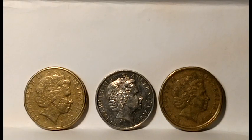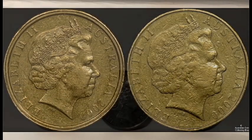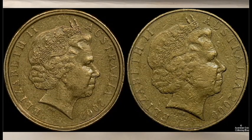Now if you look closely at the standard $1 coin, which is on the left, you will notice that that is as it should be, but the one on the right has a double ring around. Now this was caused by a mint worker using the die of the 10-cent coin, which is slightly smaller, by mistake. So here's a photo just to show you a closer up comparison, where you can clearly see the difference